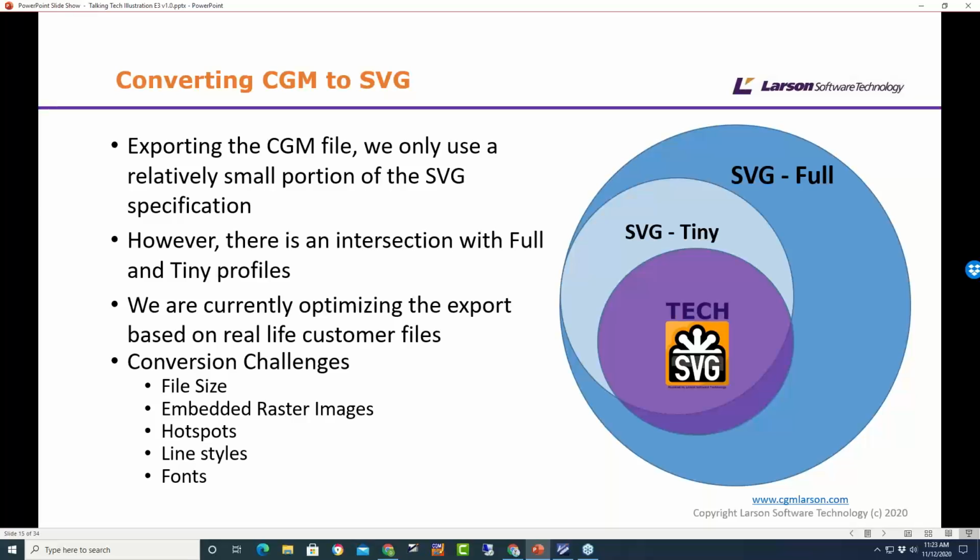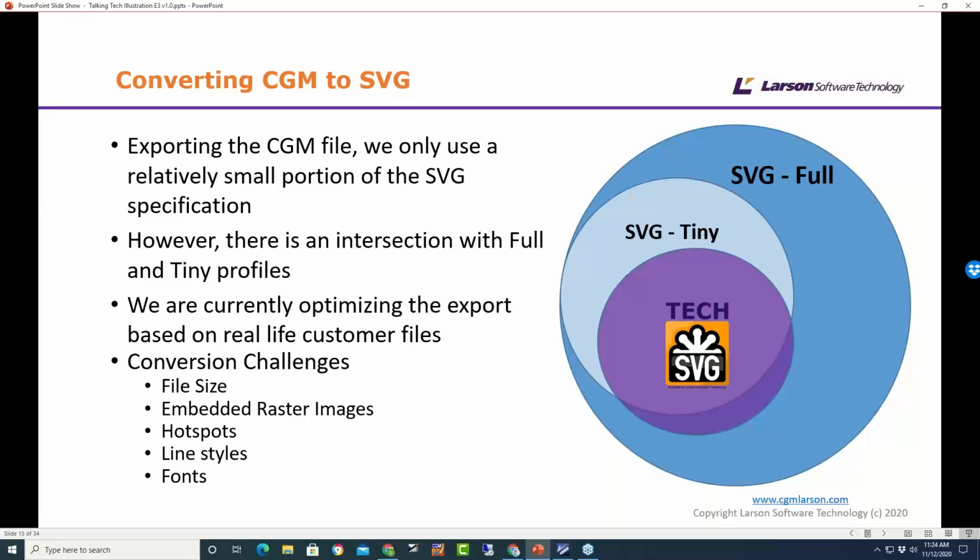So just to explain what Tech SVG is, it's a subset of both the specifications, because Tiny really didn't actually satisfy all of them. So you can see there's a small intersection with SVG full. So that's probably a good indicator of how much of the spec that we use of the full spec.